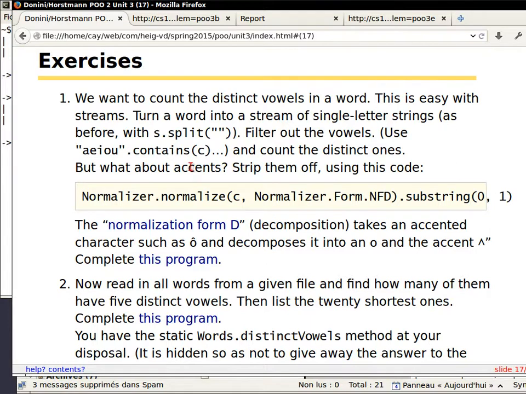What about accents? I guess you could put in more letters in here, right? A umlaut, E with accent aigu, accent grave, and so on. But that's no fun. The better way of removing accents is to use Unicode normalization form D, as I'm sure